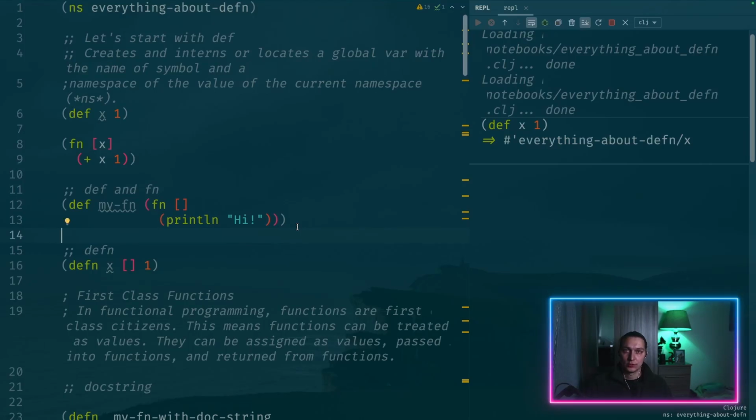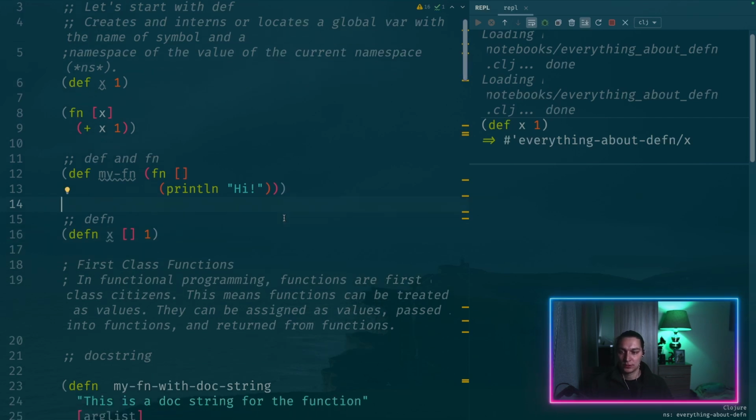Topic for today is to discuss how you define your functions in Clojure, and we'll start from real basics, like how you define a simple function, what is an anonymous function, and then we'll continue to more advanced topics like overloading, varargs, some best practices, etc. And we'll touch on some rarely used features as well, so I hope everyone will find something